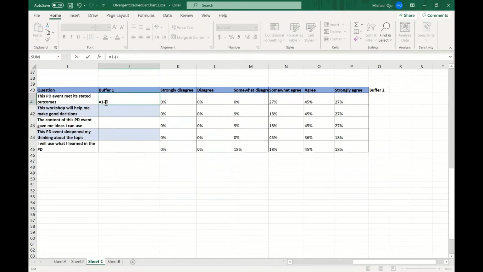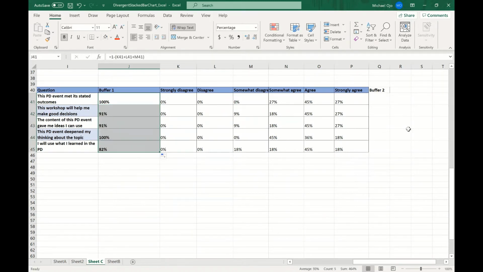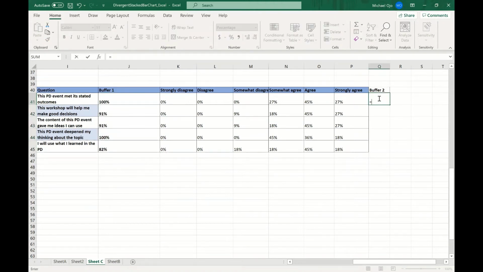So that would just be this plus this plus this, which gives 100%, then I drag down as usual. Then I come here as well to get the second buffer, and that is 1 minus the addition of the agreement options. So this plus this plus this, enter, and I just drag down.